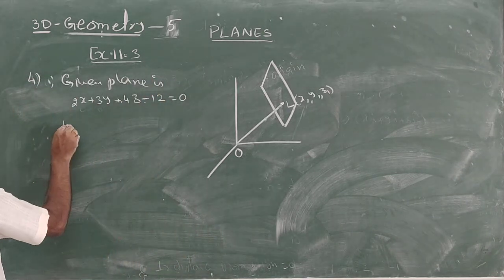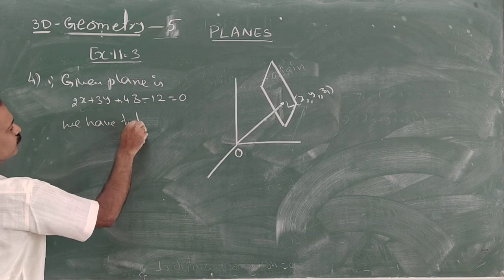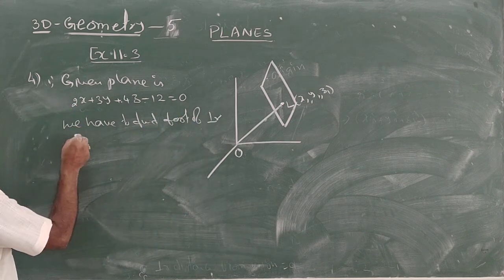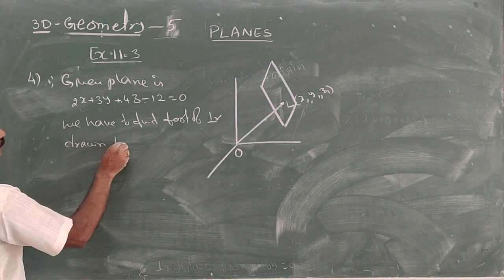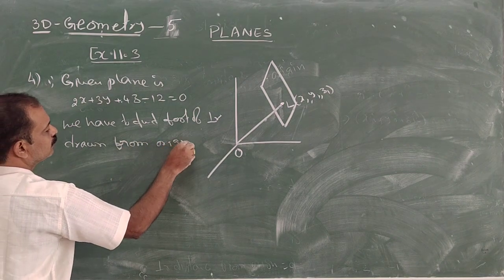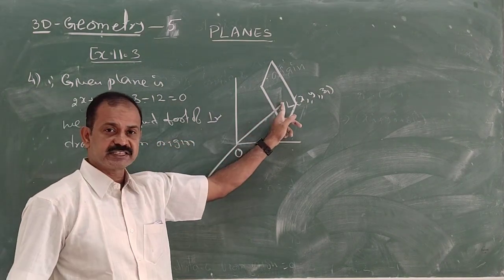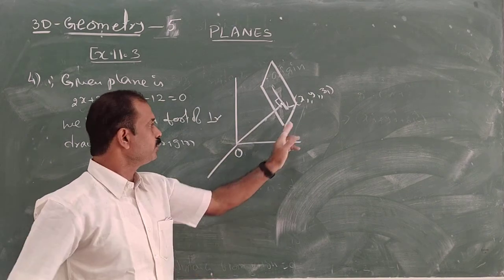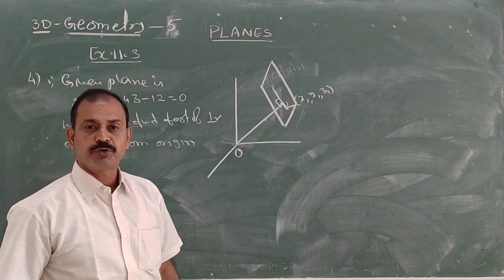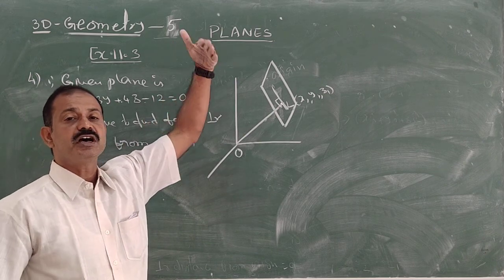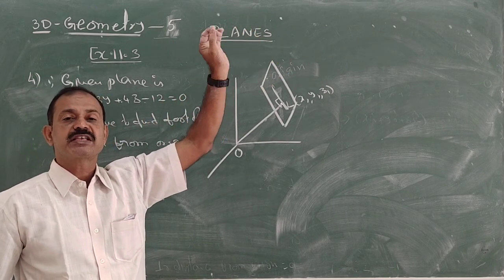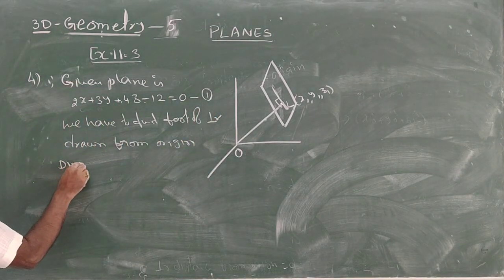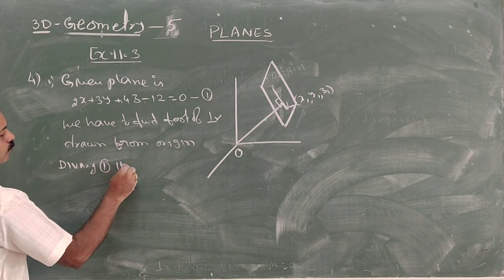We have to find out the foot of the perpendicular drawn from the origin. Then the foot is this, of the perpendicular drawn from the origin. So you have to find out this. Now for this, since it is given, we go to the normal form, that is r dot n cap is equal to d. So for that, what do you do? Dividing equation 1 throughout